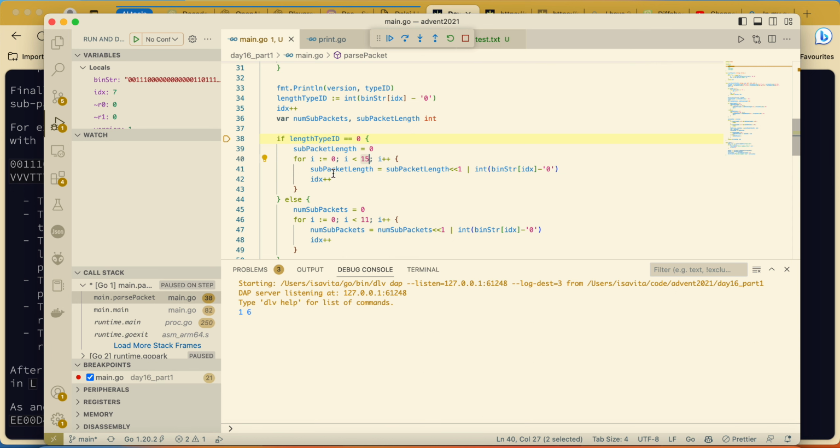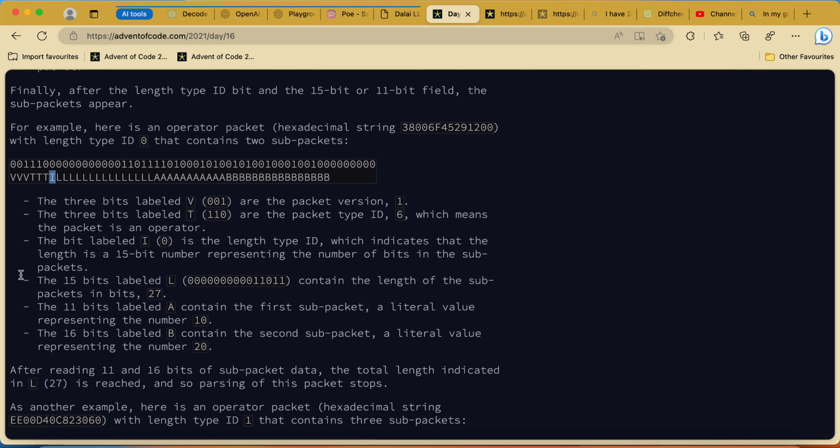What we do here is we're reading this, here is getting not clear to me.